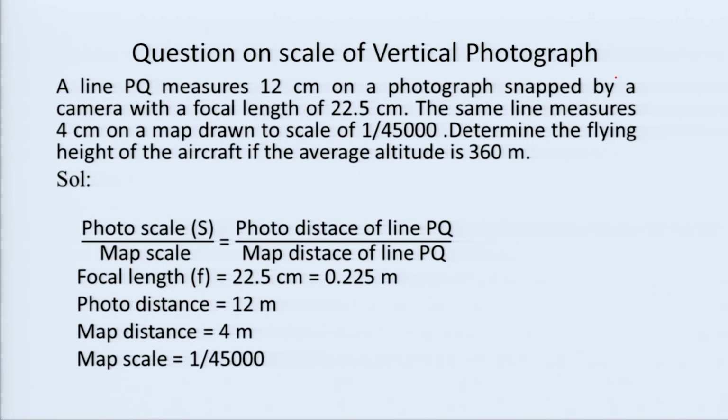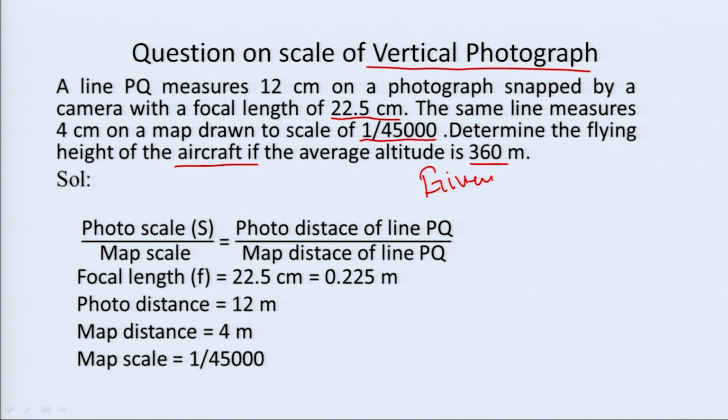Take some example, a numerical on the scale of a vertical photograph. A line PQ measures 12 centimeter on a photograph snapped by a camera with a focal length of 22.5 centimeter. The same line measures 4 centimeter on a map drawn to the scale of 1 by 45,000. We have to determine the flying height of an aircraft, and the average height or altitude given here is 360 meter. Now, on discussing this question,